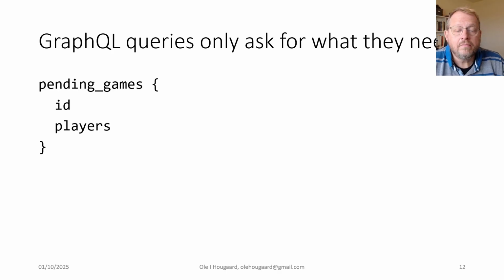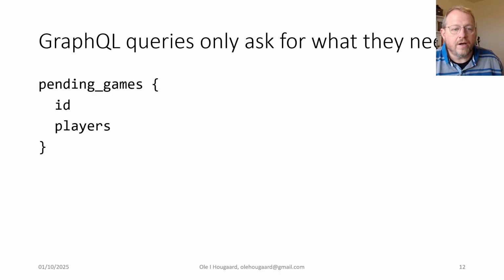There are more properties in pending games, but I'm not asking for them, which means they're not going to be sent over the network in the request. So we're saving some bandwidth here, and occasionally we will also be saving maybe some database resources, because we can make a simpler request of the database. So that's my